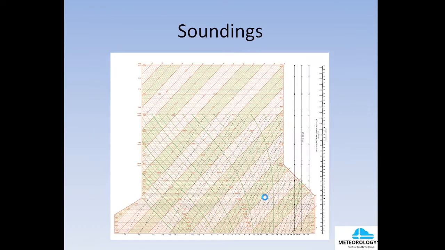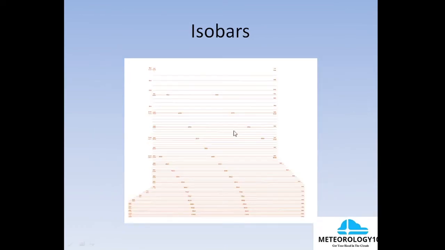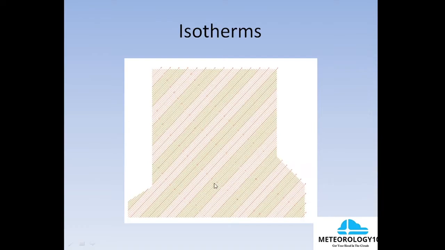So let's look at these lines. The horizontal lines are solid lines. They're isobars, lines of equal pressure. This is based on a standard atmosphere. There's a height scale on the left that indicates feet or meters, so you can use either metric or standard on this chart. The isotherms, the lines of equal temperature for a standard atmosphere,